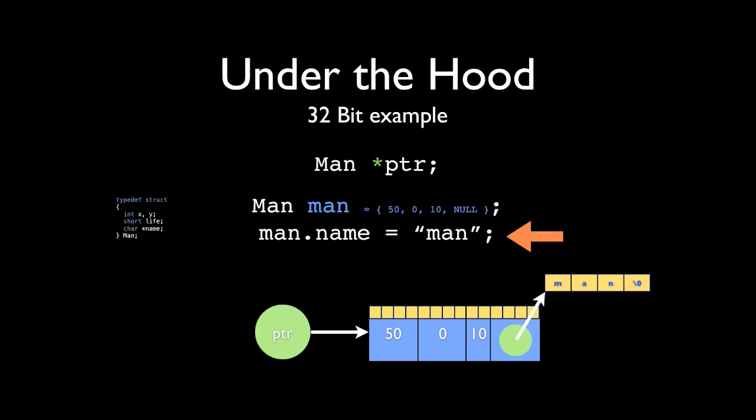That's called a string terminator. I've just gone off on a tangent though, so I'm going to keep going. But you can guess, since strings are pointers and they're pointers to an array of characters, what this line here is going to print out. It's going to actually access man.name.